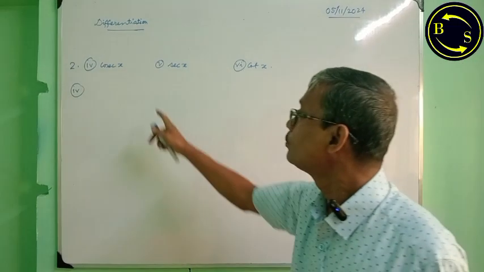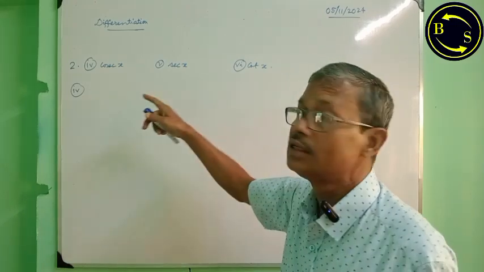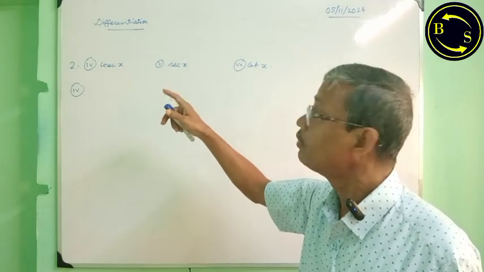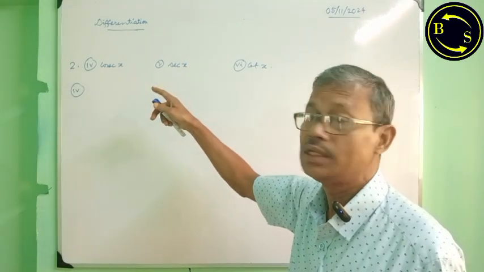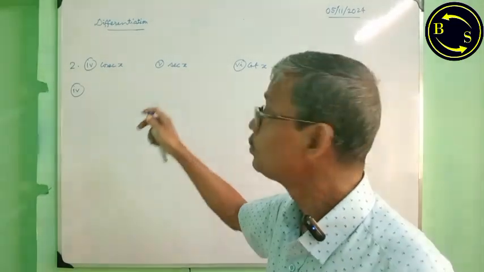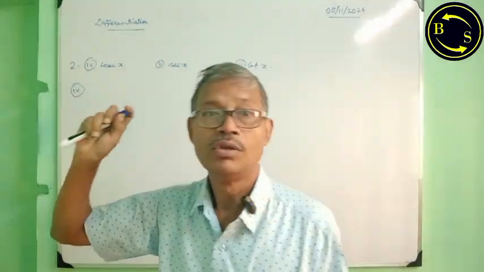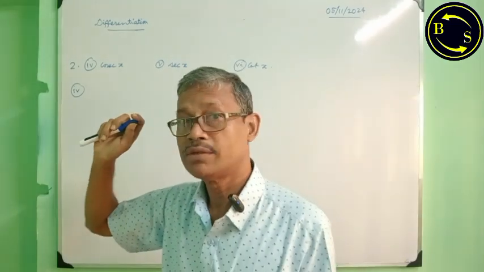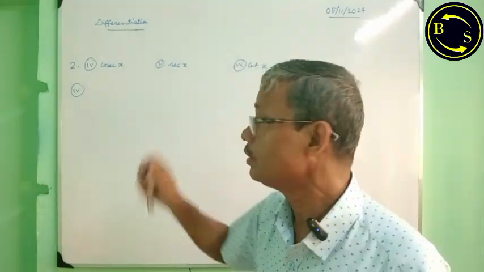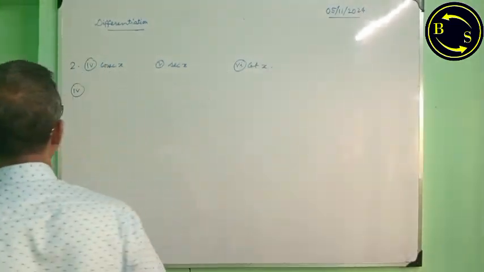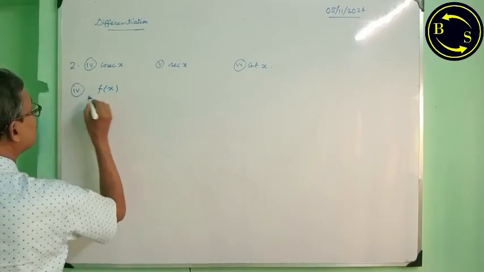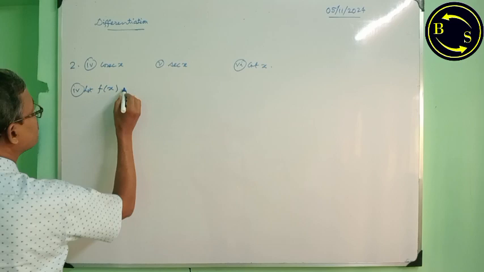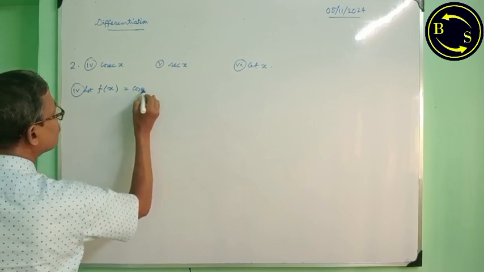Next, three trigonometric functions I have taken, though I shall work out two out of these three, and students or learners have to work out the other themselves. First of all, cosec x. Let f(x) equal cosec x,